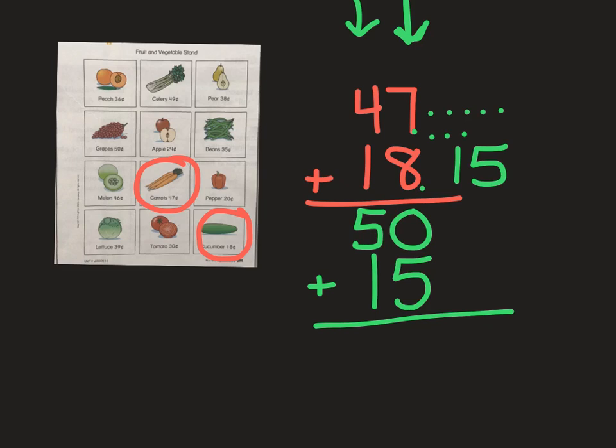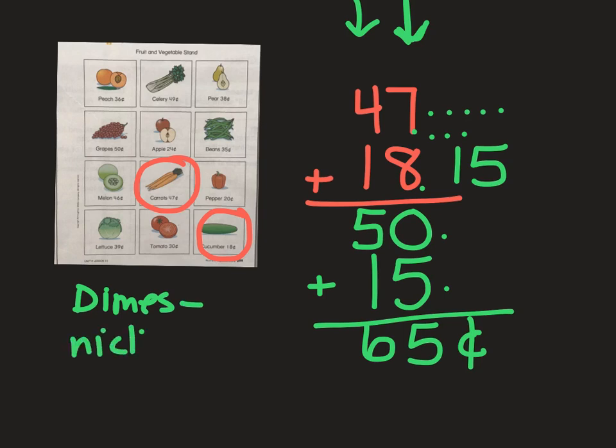Now I start with my ones place. 0 plus 5, I get 5. 5 plus 1 in my tens place, and I get 6. 65 cents. Again, I'm going to need to show how many dimes I need, how many nickels,